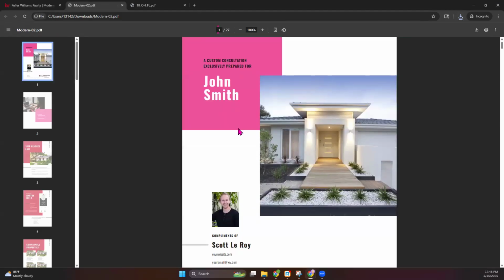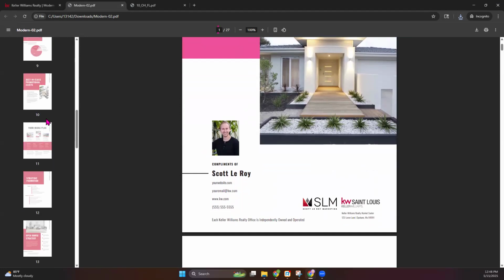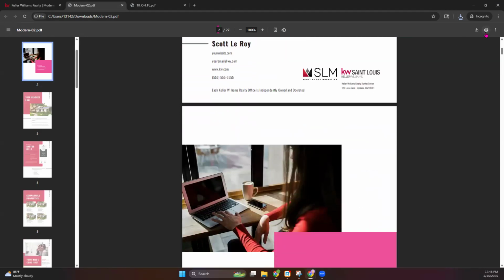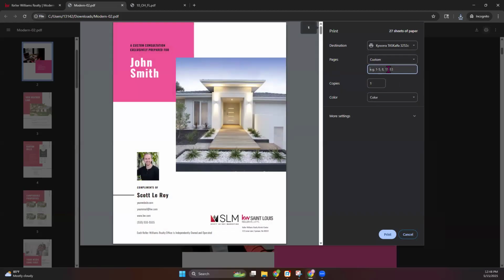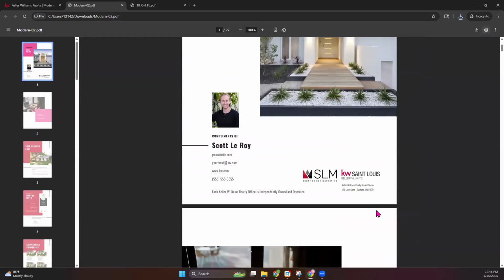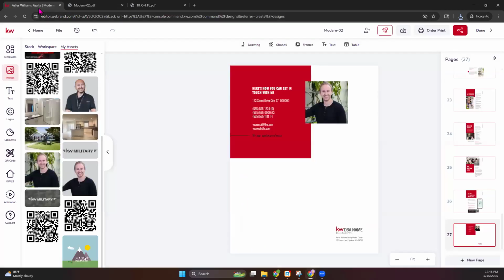We can open that up. We can send this to be printed. We can print it in Office. You'll have all of the pages. Of course, when you're printing, you can decide if there are certain pages you do not want to include. You can remove those so that they don't print. The last thing I want to show you guys, though, is how you can share this with your clients